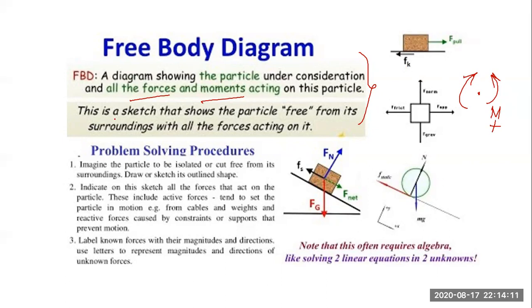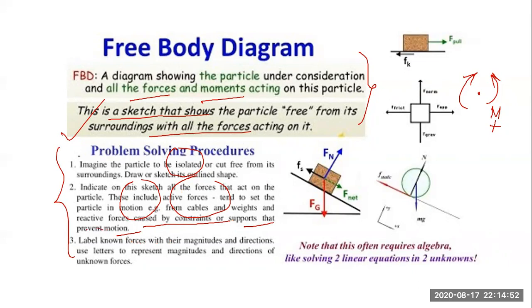So how do we solve the problems? First, we have to isolate the body from its surroundings. Again, I am repeating this. Number two, according to the isolation thinking, we have to show all the active forces on the body. We have to show all the reactive forces on the body by all the supports and the joints. Along with that, we have to show all the necessary force systems included, that means moments, couples, etc.